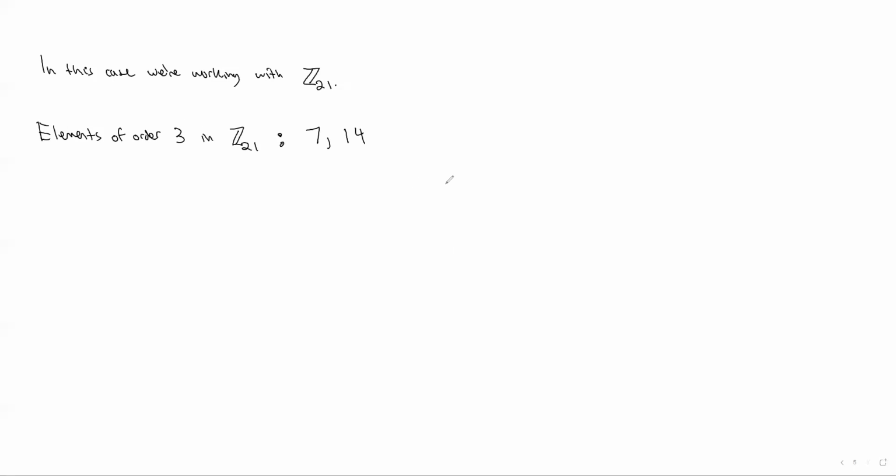So for F1, F2, let me translate these to rotations now, to angles. These are rotating 2 pi times 7 over 21 and 2 pi times 14 over 21. Okay, so for F1, F2 to have order 3,